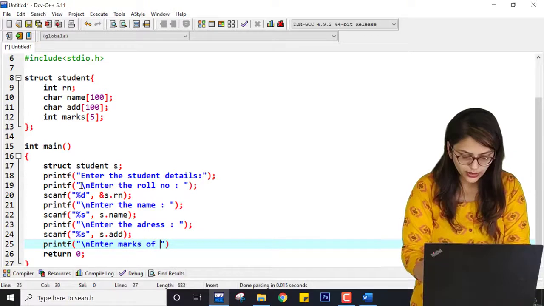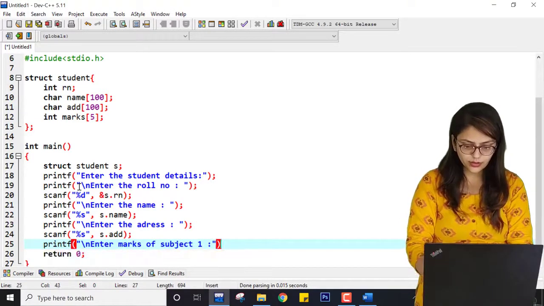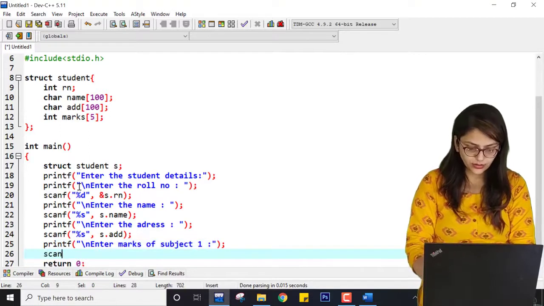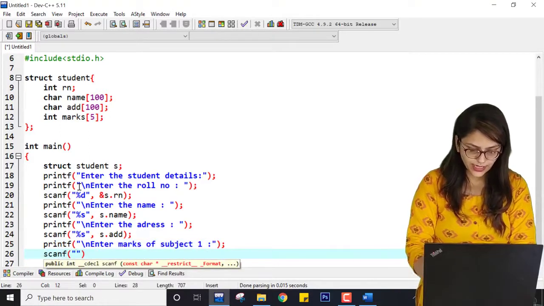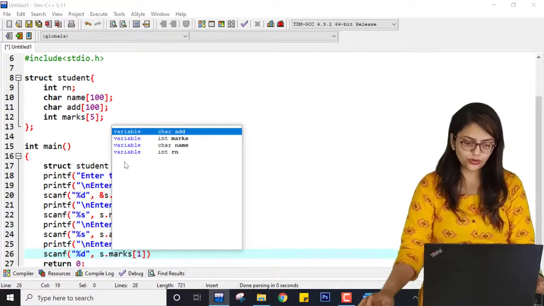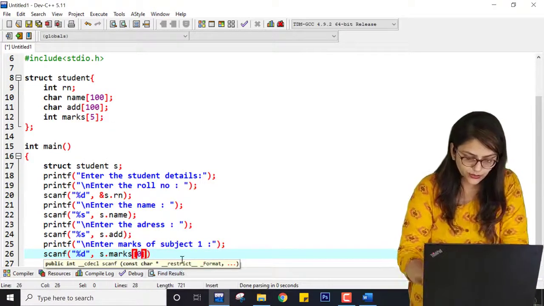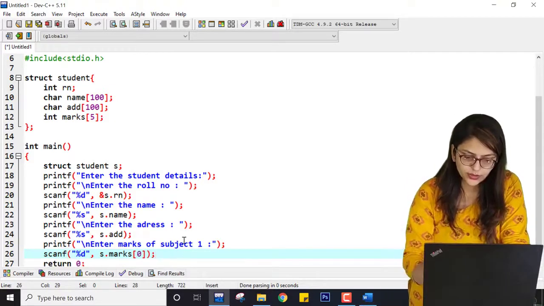Enter marks of subject 1. And here if I write scanf %d with marks of 1, but whose marks? s dot marks. I hope you are understanding. Here the index will be 0 because an array starts with 0.